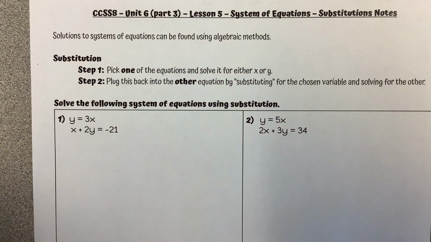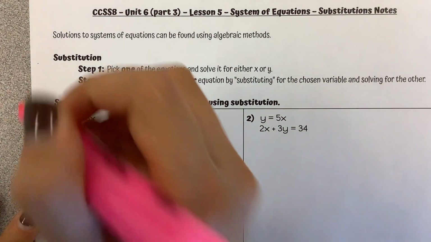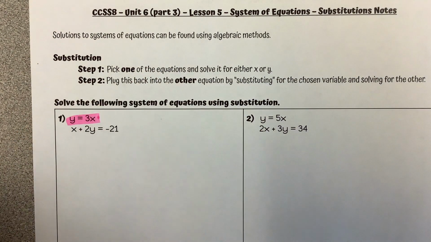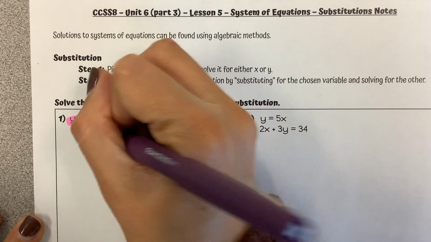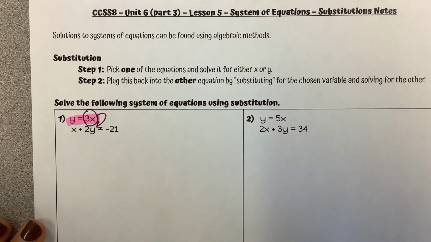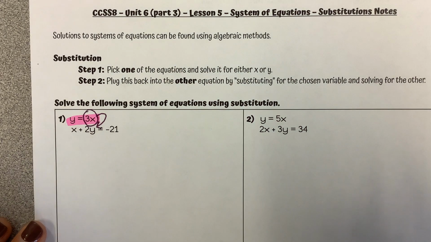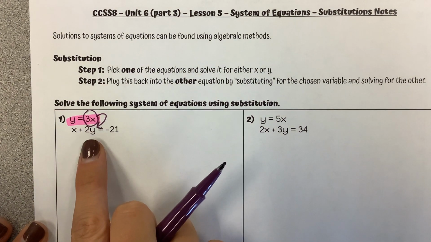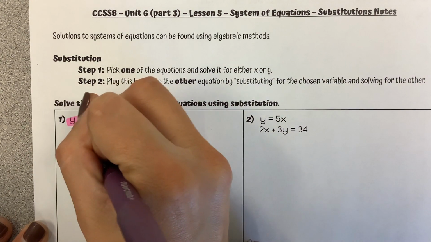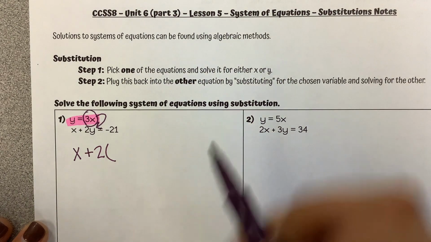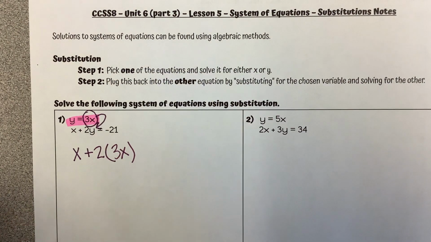So the first thing I should look for is, do I have an equation that is already y equals or x equals? We do in this one, y equals 3x. So that's what I'm going to substitute in. I'm going to take what y is equal to and plug it in where y is in the other equation, so that equation can be all x's. Because if there are two variables right now, we can't solve it. We need to make it all just x. So I'm plugging in x plus 2 times our y value, which is equivalent to 3x. So that's the same thing as y,